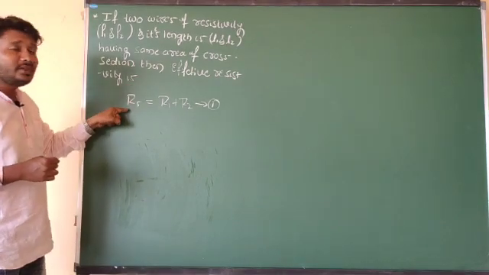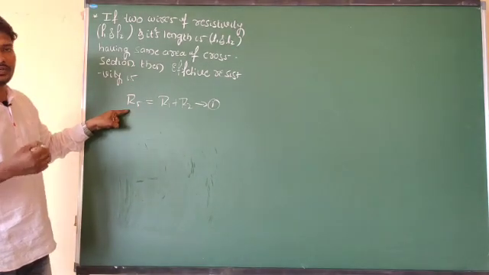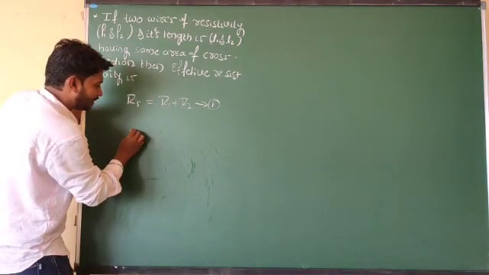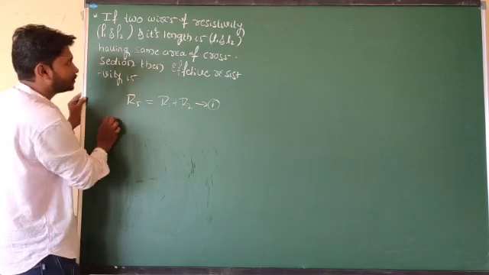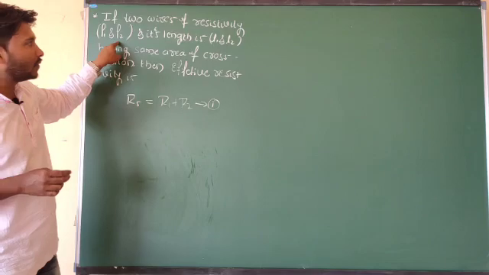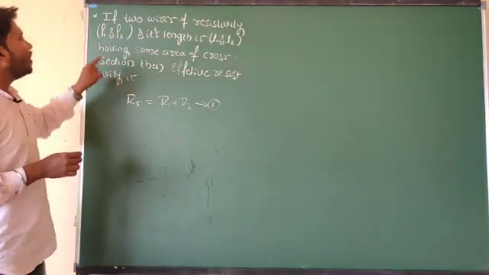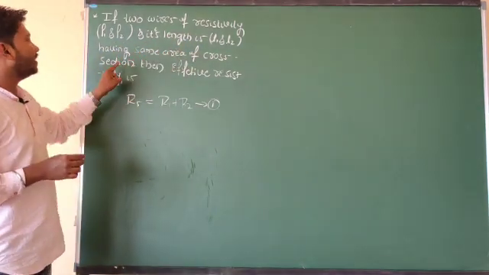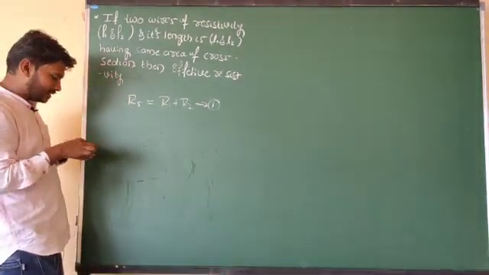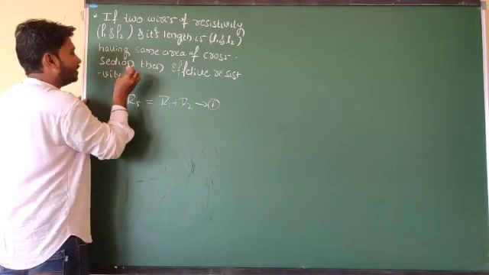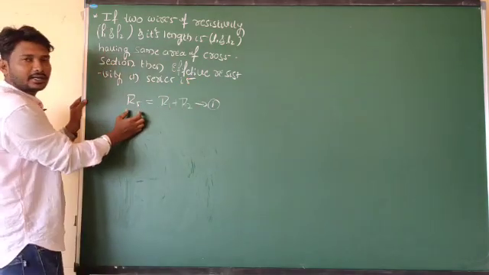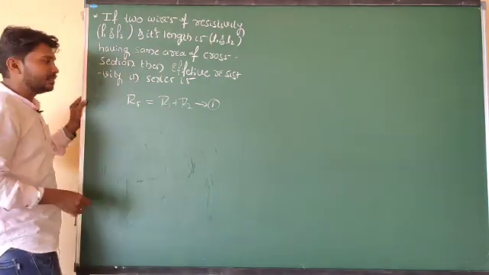Now I know the relation between resistance and resistivity. R is equal to ρL by A. For example, I will take two wires and connect them in a series combination: two wires of resistivity ρ1 and ρ2, lengths L1 and L2, having the same area of cross section. Then I will take the effective resistivity in series, and I will consider series as well as parallel. This is the formula for effective resistance in series combination.